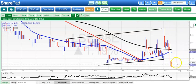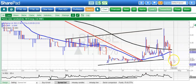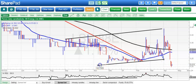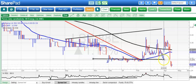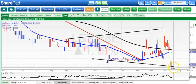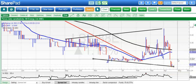I haven't looked at 88 Energy for a long time, and you can see why on the daily chart. Gap down there last week, and basically the situation now is we're hoping that there is a support line coming in. It would look like the line I'm just about to configure at the moment. So basically 0.2, the line in the sand, and above that maybe the shares could just about fill the gap up to 0.24, 0.25 over the next few days,